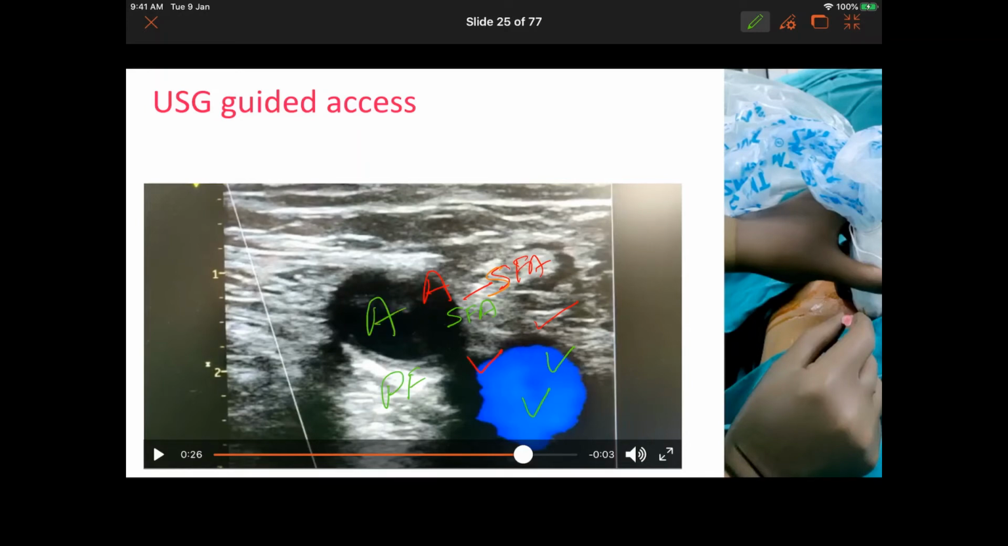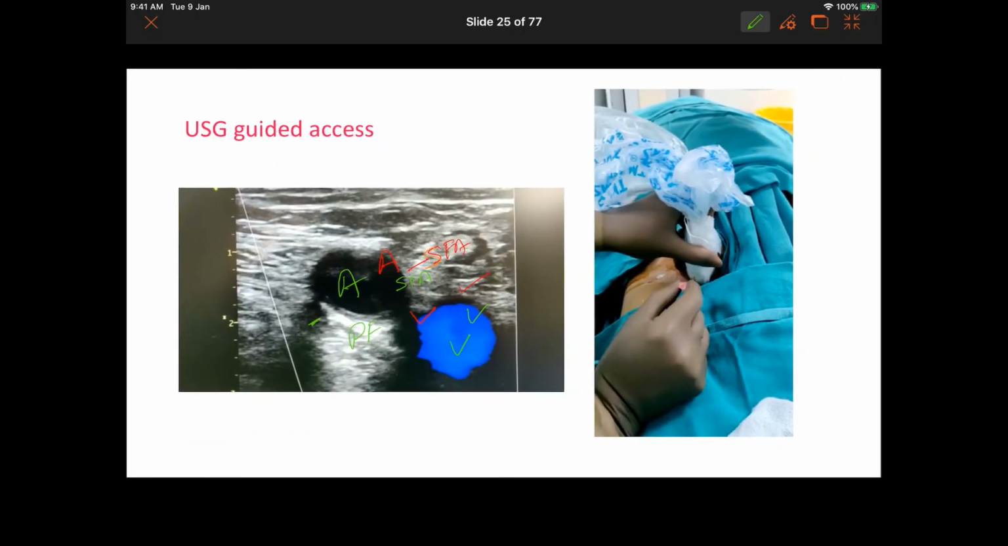You can see it very well that below that you are having, and this is almost at that level because you can see that the profunda femoris is just rising. So this is exactly the level where it's bifurcating. So how do you go about it? What you do is that